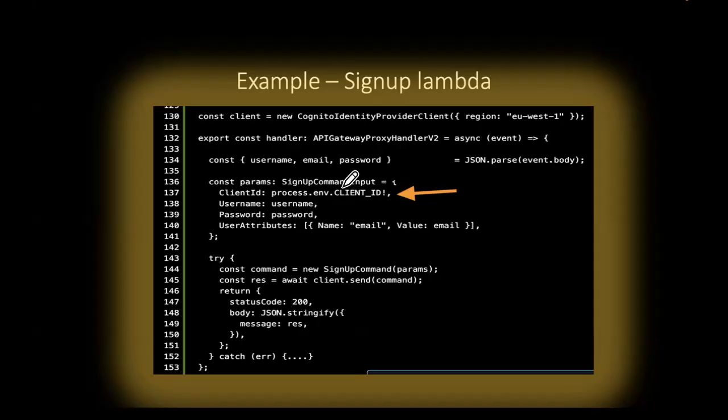No, it looks like I only need to specify the user pool client in this case, because the user pool client actually has a reference to the user pool itself, so I don't need both of them. And so this is just the specifics for this sign-up command. Tell it the user pool client, what was the username included in the registration, what was the password included, what was the